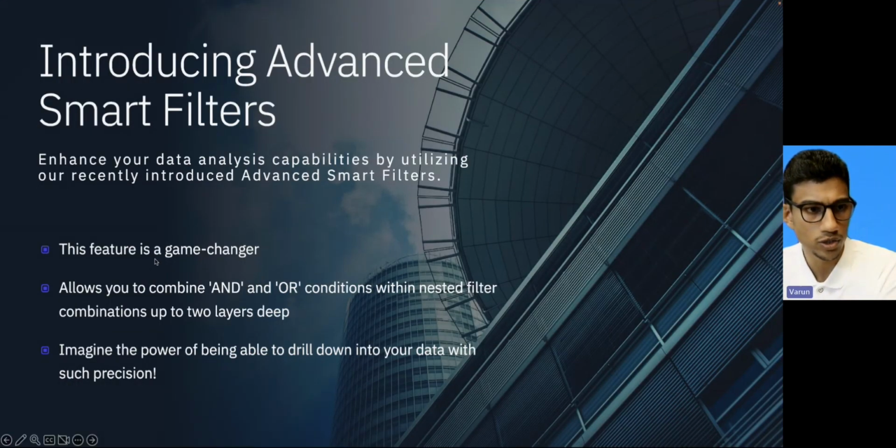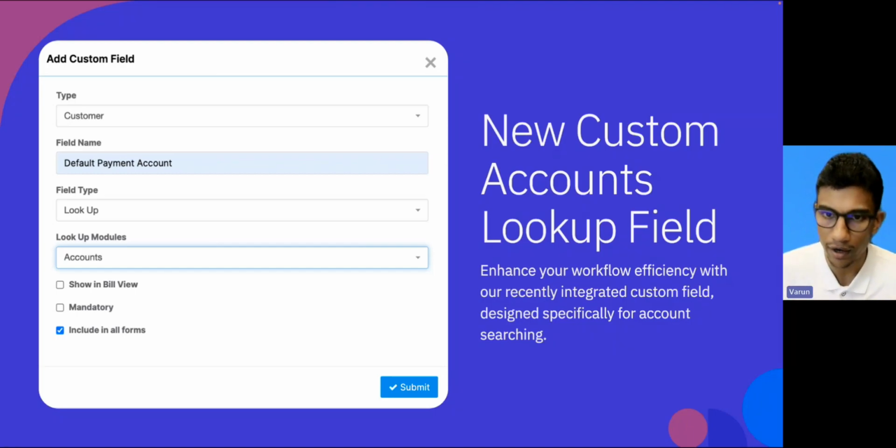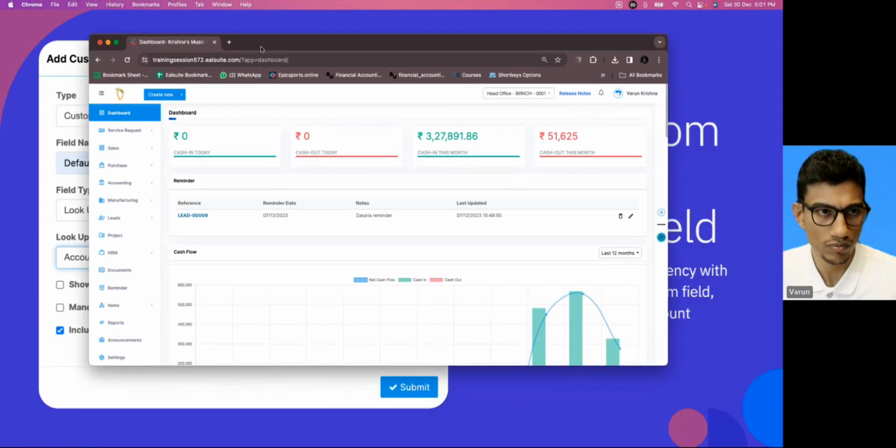Yes. Now let's move on. New custom accounts lookup field. So here in the add custom field section, this comes in. Enhance your workflow efficiency with our recently integrated custom field, which is designed specially for account searching. So for that purpose,